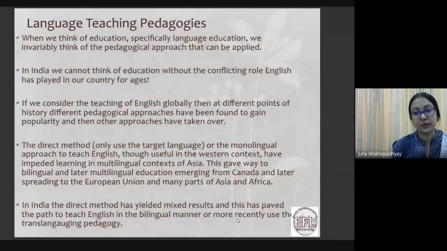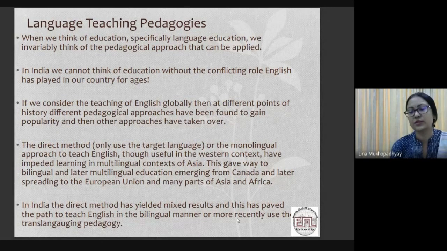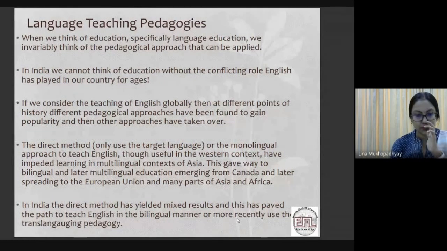So this has given way to a lot of discussion and debate. Bi- and multilingual education have emerged from Canada and later spread to the European Union and many parts of Asia and Africa. So the positive impact of using bilingual, multilingual education, though it originated from the West, still finds a lot of use in our context, because we do not disregard the linguistic resources that the learners bring